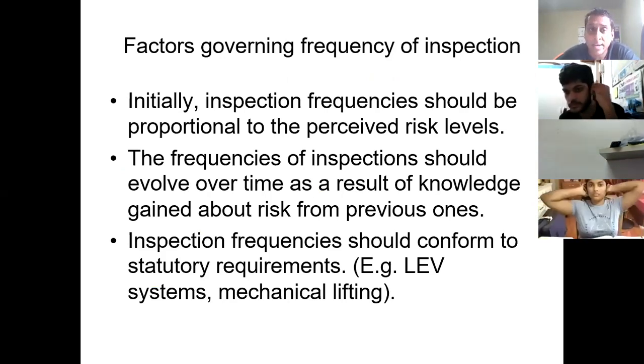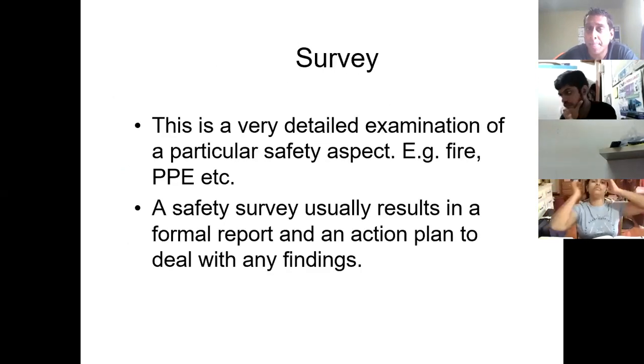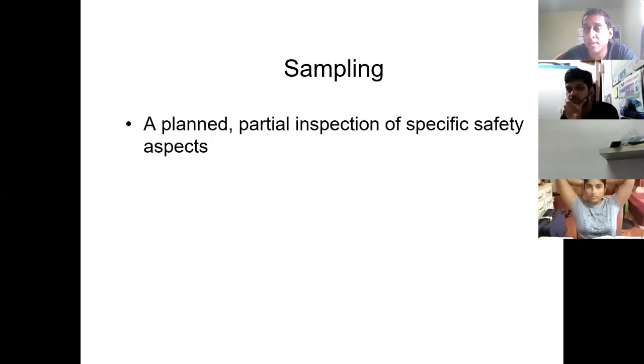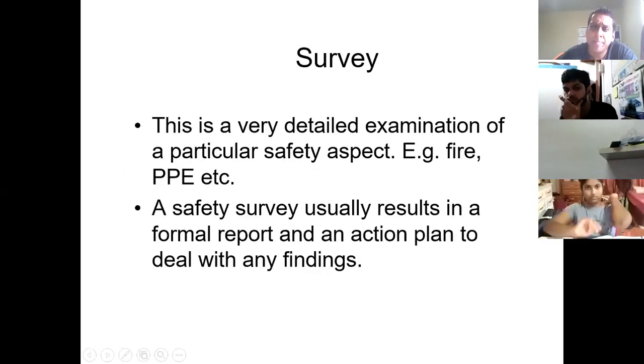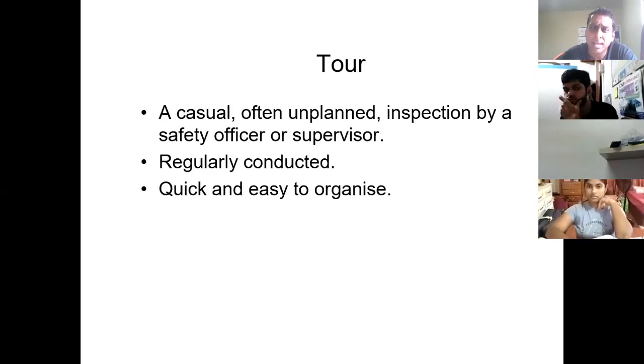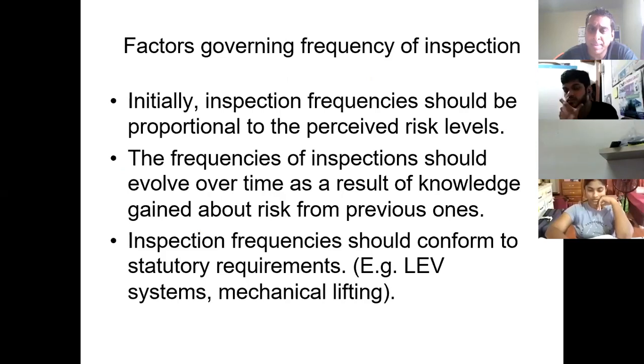It actually had it here, right? It actually had it here. Let me go back and show you. It did say, and I'll tell you why, because that one did come for the exam. We will discuss inspection in more detail shortly. So that's now anyway. Last month they had a question on inspections,